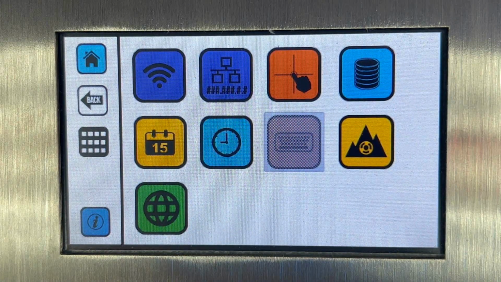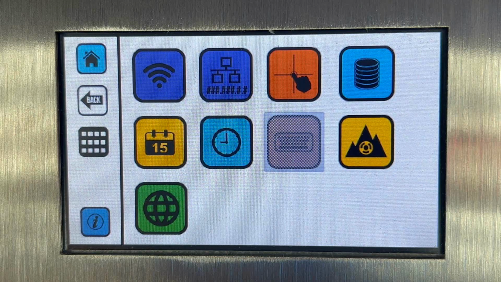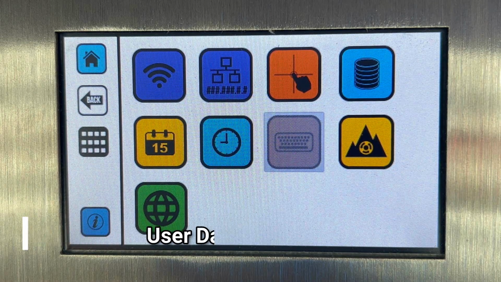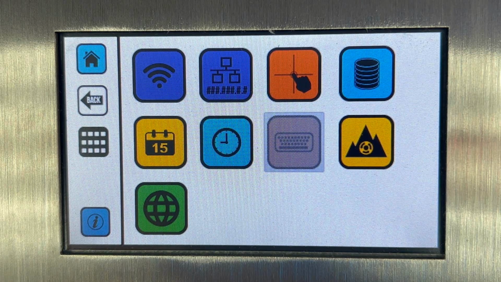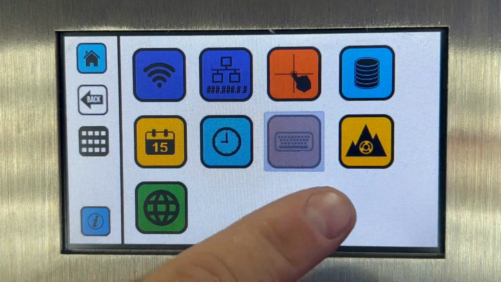The icon you're seeing there that's grayed out will be for situations when the message that we have pulled up has user data. User data is when the line operator can change certain parts of the message right here on the controller. Right now we don't have a message with user data selected, so the keyboard screen is grayed out. This next icon